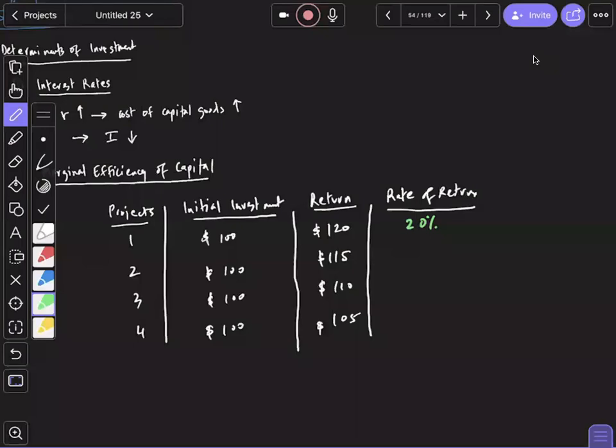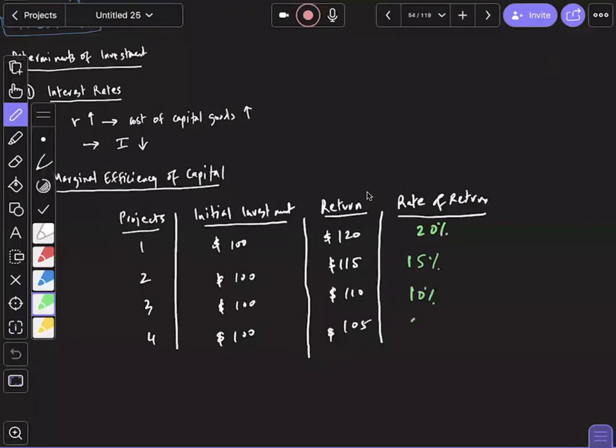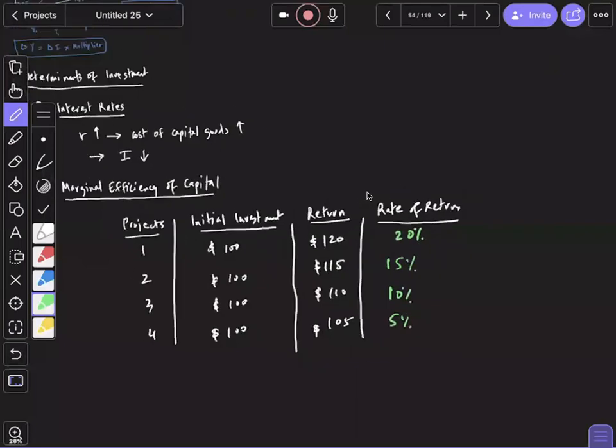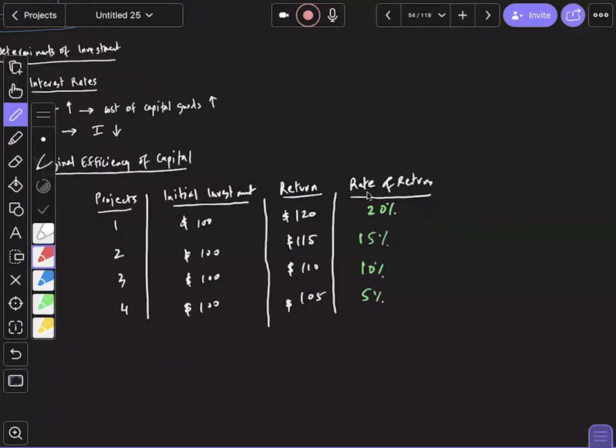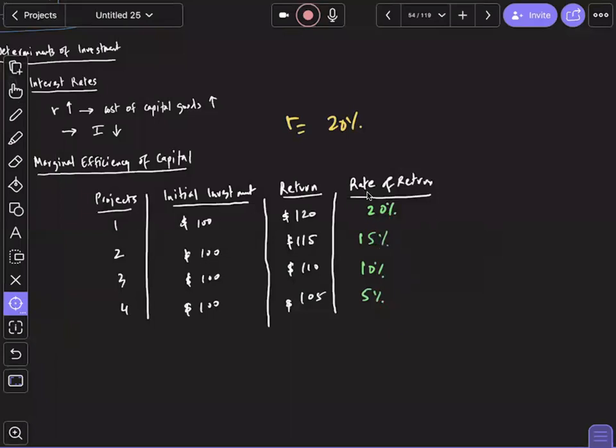Yeah. So the rate of return is going to be 20%, or in this case, 15%. 110 minus 100 is like 10%, right? Yes, sir. And then it's going to be, for example, in this case, 10% and 5%. Okay. Now, what if I tell you guys the interest rate is 20%? If the interest rate is 20%, we'll say this, that of all the 4 projects, only the first one